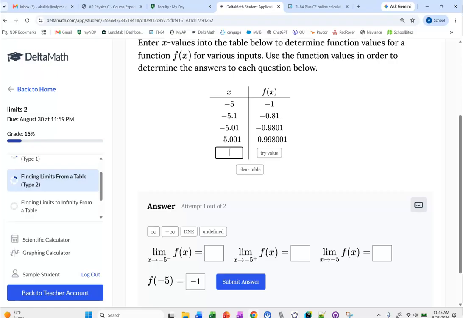Sometimes it's easier to think about, when it's a table and we're not sitting on a number line, instead of left and right, think about above and below. So we're thinking about numbers below -5 for a left-hand limit and above -5 for the right-hand limit. Sometimes it's easier if you replace left and right with above and below, at least in your head. There's still right and left-hand limits, but